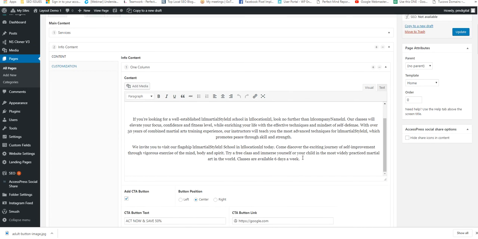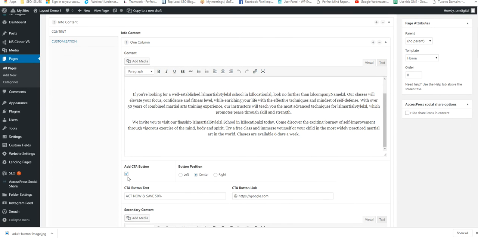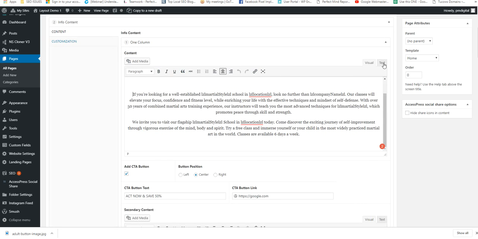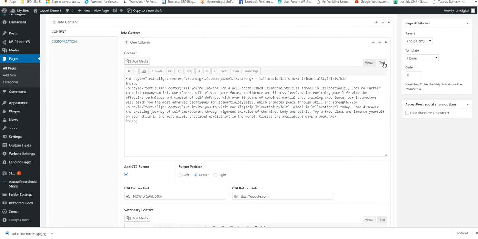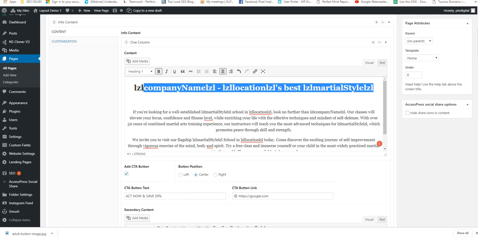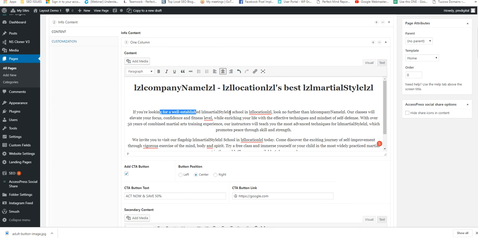it will show you visually what we were just seeing. Here you can add your content through the visual editor. You can also do it if you click on text, that's HTML. So here you can highlight the wording you want, and then you can change the heading, of course. Same with any other thing in here. You can change